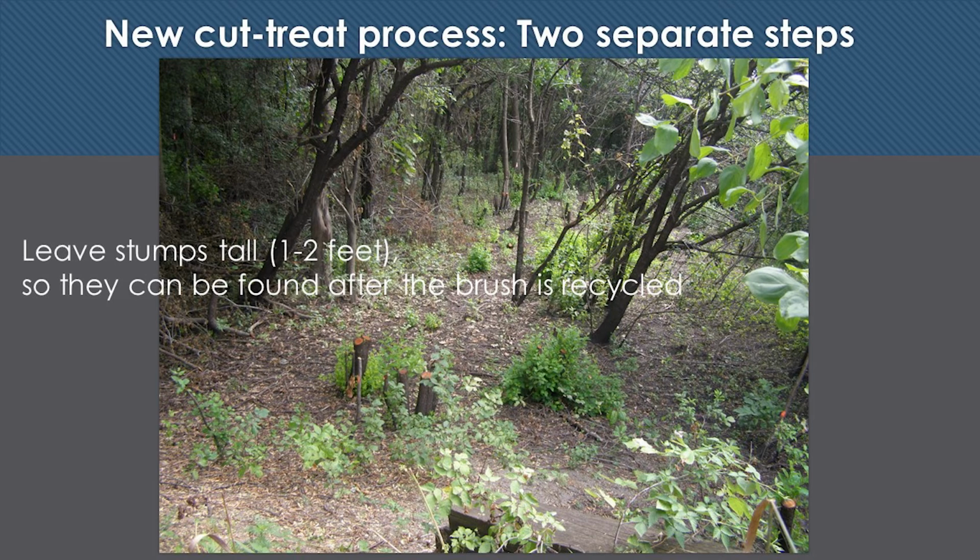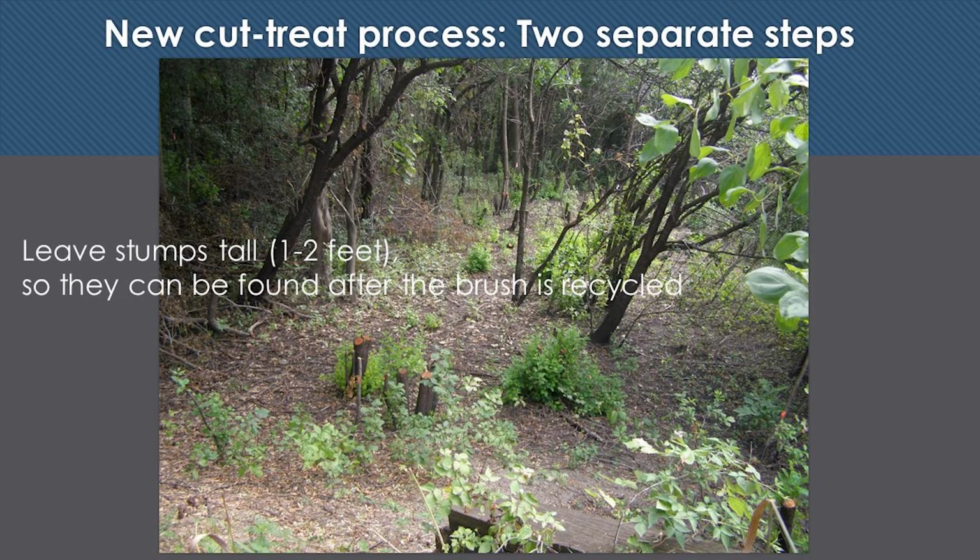But here's the Minnetonka method of leaving a tall stump. When you're cutting buckthorn and dragging brush and deciding what you're going to do with it, the stumps are getting lost under the leaves and under the brush, and people are trying to herbicide the stump and drag the brush at the same time. It is just a mess. It's been going on for years and years and not being very effective.